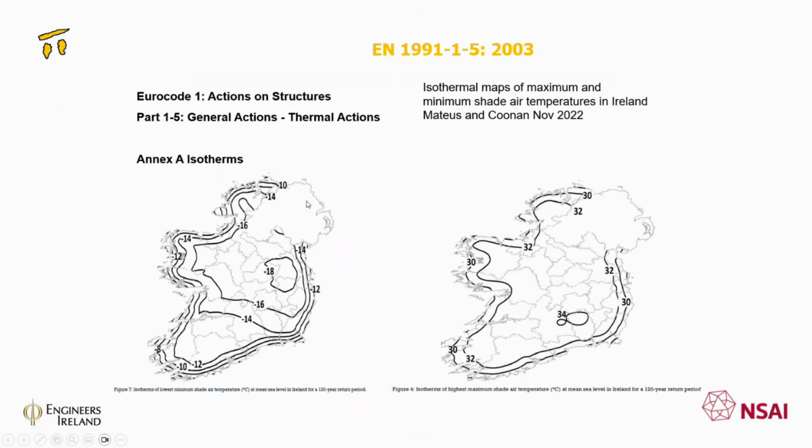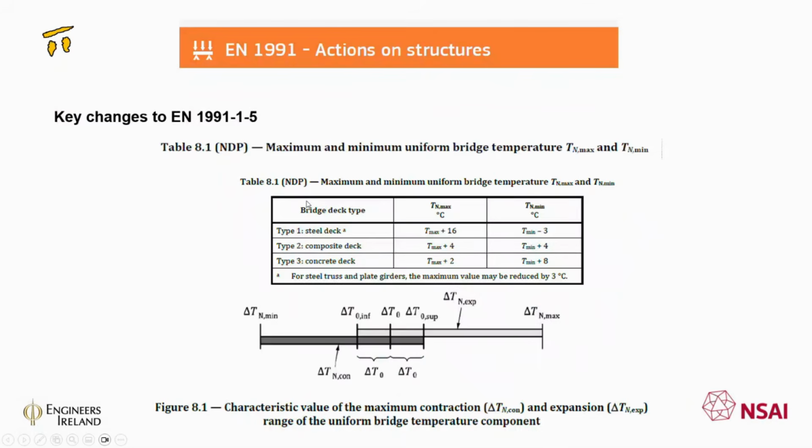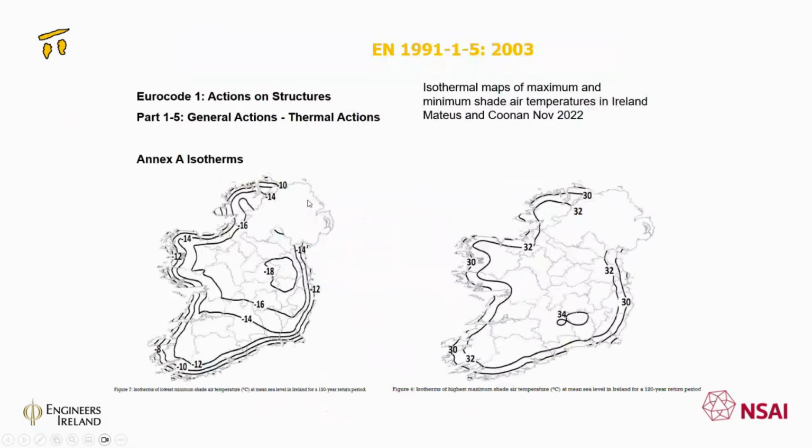These are new Irish isothermal maps, a minimum one on the left and a maximum one on the right, and this shows the minimum or maximum values that have to be taken at different parts within the country. So the minimum ones are ranging from about -10 at the western seaboard to -18 sort of in the eastern Midlands, and the maximum temperatures sort of around 34 degrees somewhere around